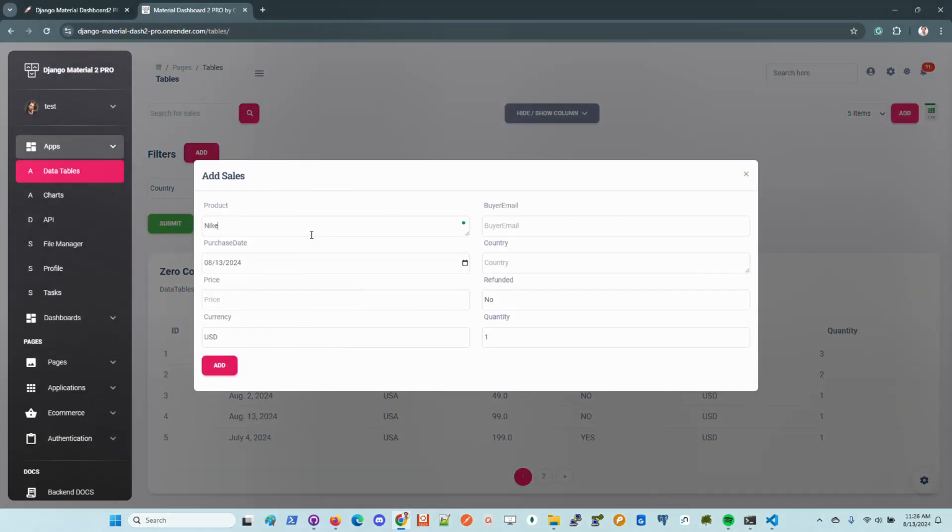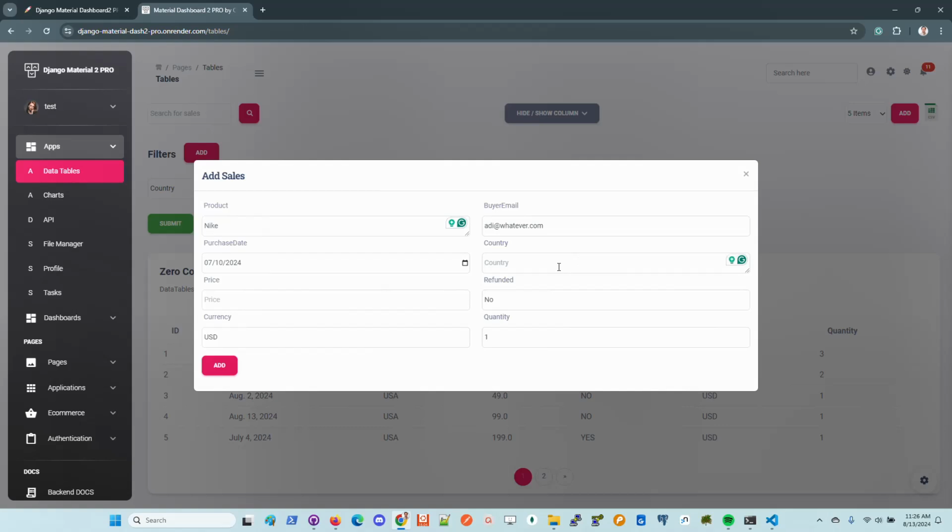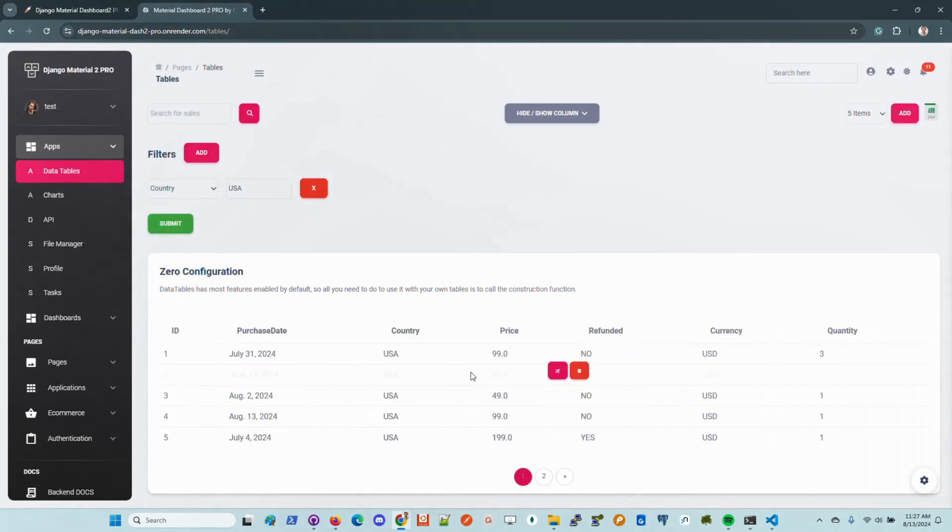Let's say Nike, my email id at... Okay, purchase date. By default, the purchase date is initiated to the current date, but you can select another value. Let's say I'm living in the USA. Here we can put an integer value. You can set here if the product is refunded or not. It's not the case right now. Currency by default is USD, and let's say I've purchased two items. Okay,